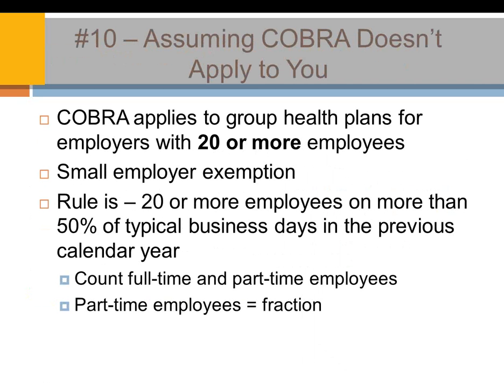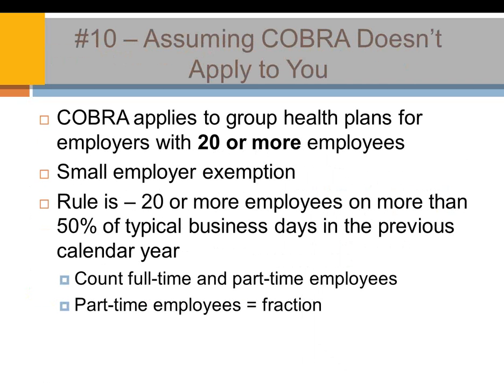So let's say 30 hours is the minimum requirement, but you have two part-timers each working 15. That again is 30 total, so that would be the equivalent of one full-time worker. So if you had 19 currently enrolled, and then you had these two part-timers, that would make you 20. Assuming that you had that same workforce in 50% of the prior calendar year, that means that your company would be COBRA eligible and need to follow the rules that the federal guidelines employ.